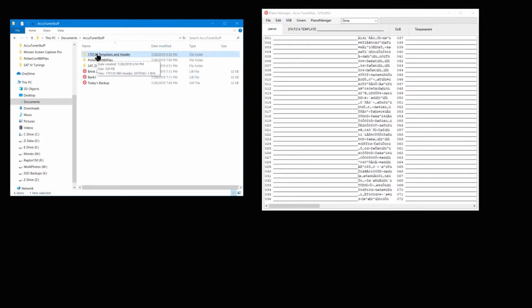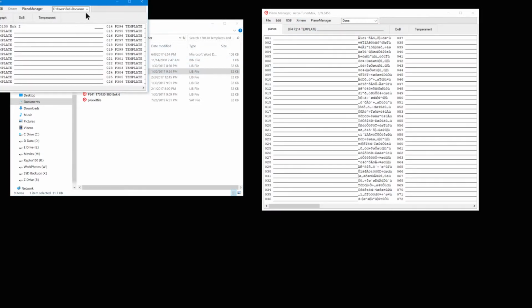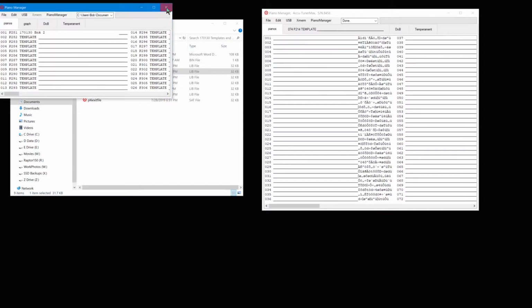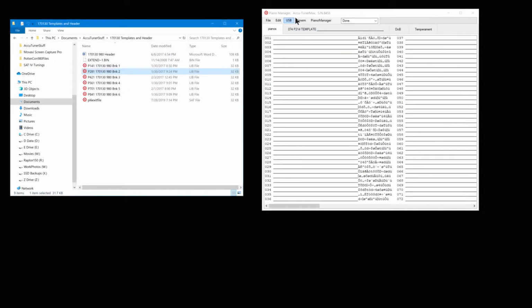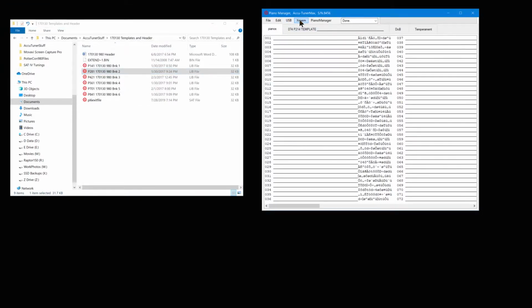Okay, these are my headers. These are my templates here. And let's make sure that this one's good. Okay, Bank 2 is good here. So let's see if I can, extra memory, and I want to send library to Bank 2,